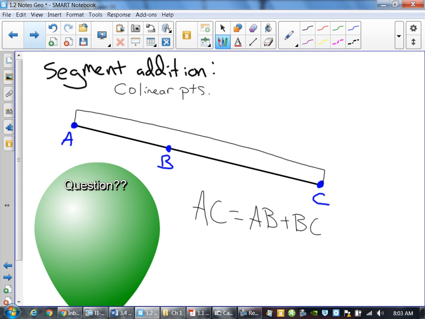One of the things that you will start to see also, or read, is that sometimes they will write out a problem that'll say, you have 3 points, X, Y, and Z that are collinear with Y between X and Z. Draw the picture. Draw the picture, and it'll try to figure out a segment length. So if you have 3 collinear points,